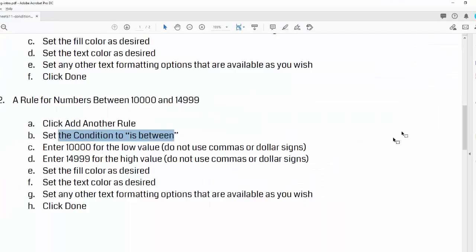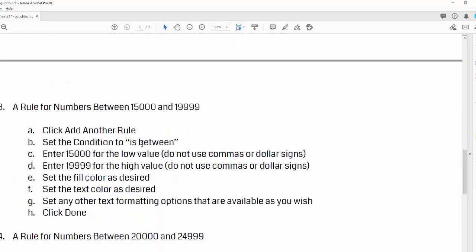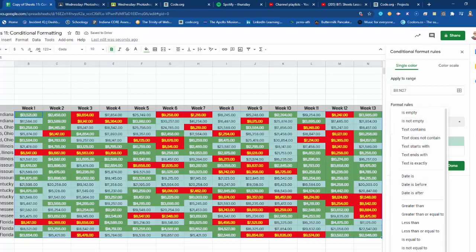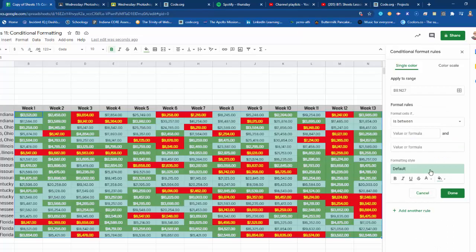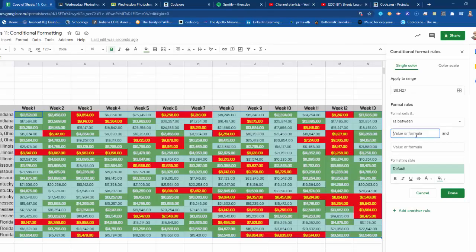Look at that. All right, so I'm going to flip back over here to the handout again, roll it on down, and now we've got, okay, we're going to go from 15,000 to 19,999. All right, we're going to make another rule. So it's going to be add another rule, is between, and we're going to plug in those numbers. Format cells if it is between, and you can always look at the handout and say, okay, what was it? 15,000